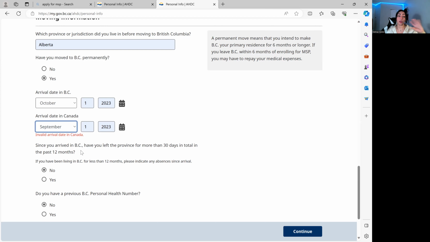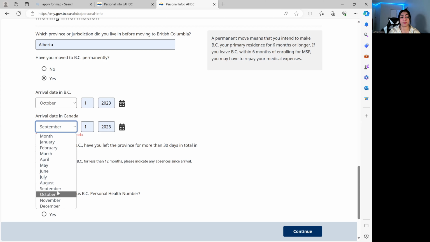Otherwise it will be really costly. I think even visiting a doctor or going to emergency will take about 1,000 or something. So the smartest way is that you go and just